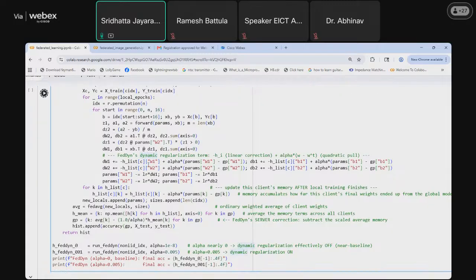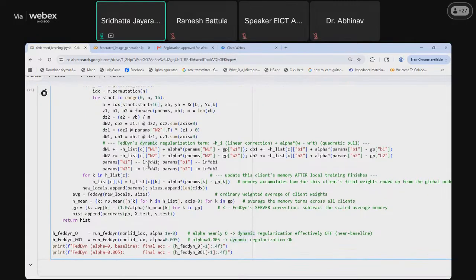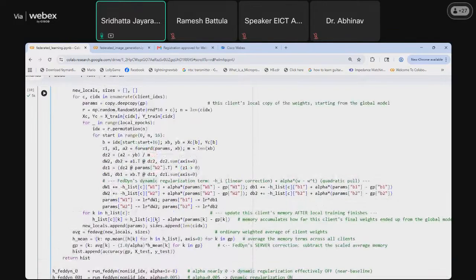When we run this, alpha equal to 0 would be the normal Fed average algorithm, and alpha equal to 0.005 would be dynamic. When we applied this, there was a decrease in the final accuracy of the central server, but again the drift was lesser in this case as compared to the non-application. So the client which had caused higher updates now has uniform updates across.